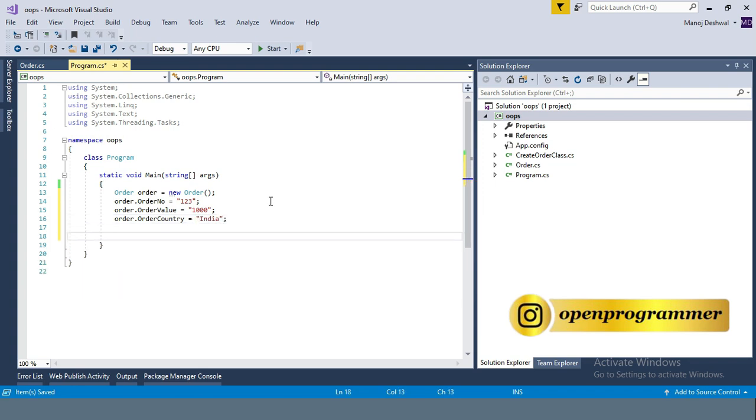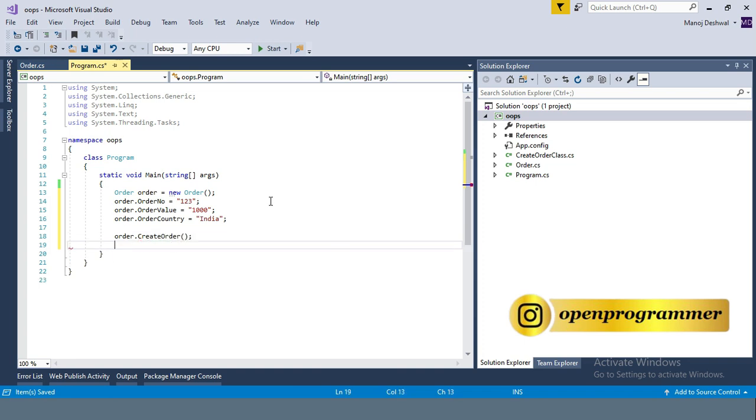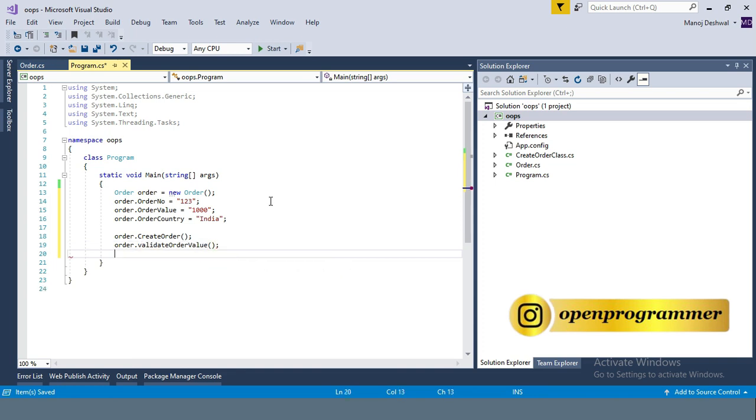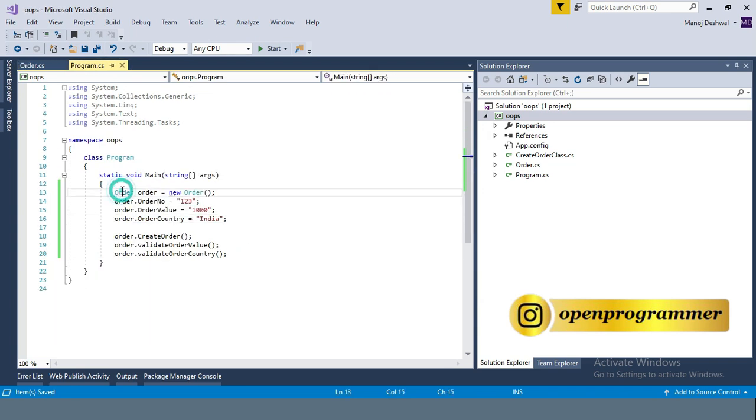So I have given values to all three properties, and let me access the functions one by one. The first one is create order, second one is validate order value, and third one is validate order country. Simple. We have a class which is having three properties, three functions. We have created the object of this particular class and we have given the value of these three properties, and we simply called all three functions.